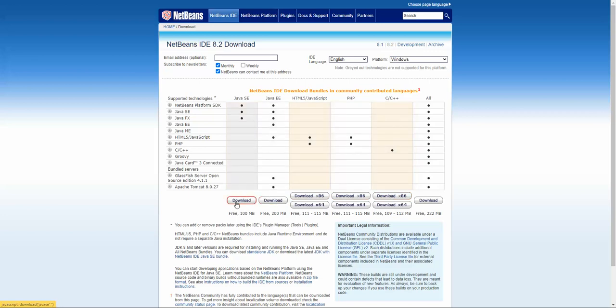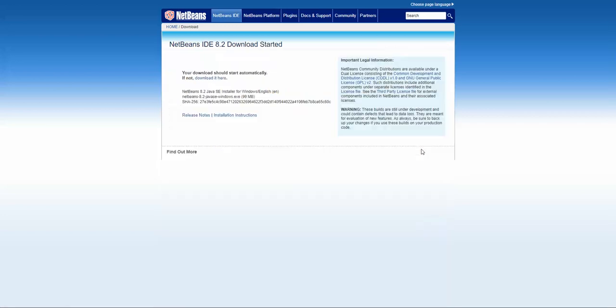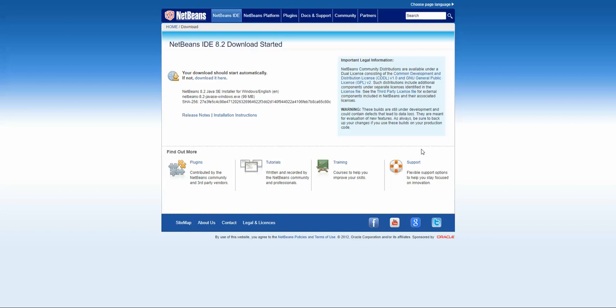If you have 64-bit, then you can click accordingly, but we are going for Java SE standard edition, so it is a 100 MB file. Just click on the first one here, download, and it is a very standard process. After download finishes, you just have to click on next, and it will be finished. NetBeans IDE 8.2. I already installed the software, so this is how it looks like.